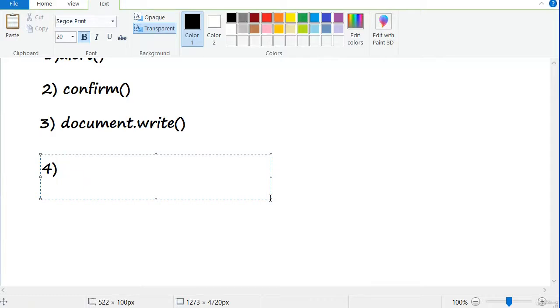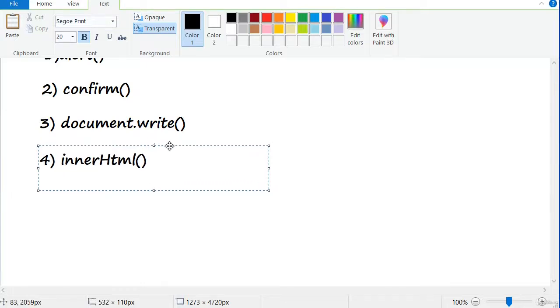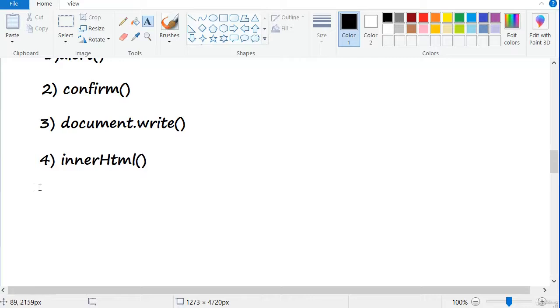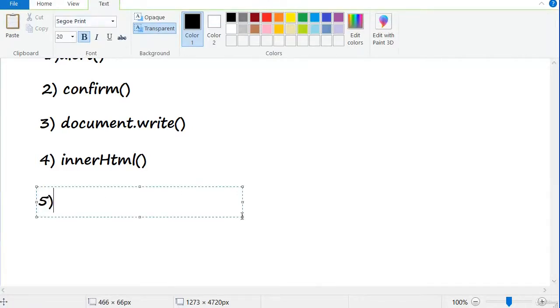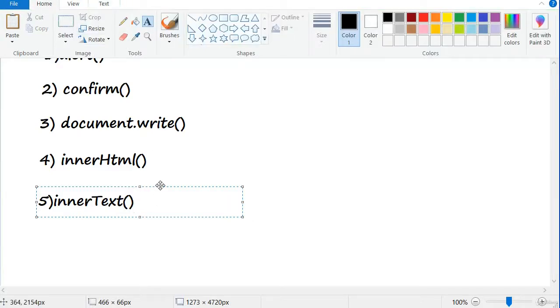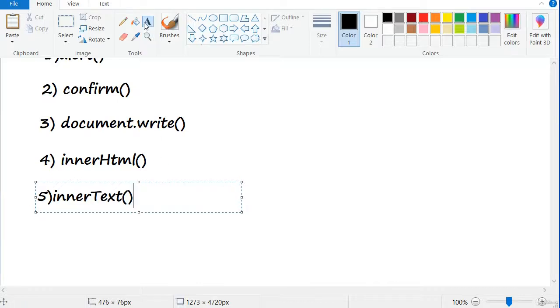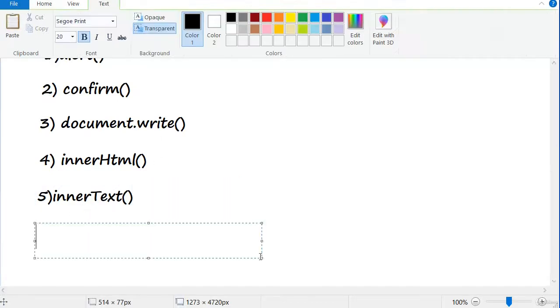And we have innerHTML. And we have innerText. And we have console.log.